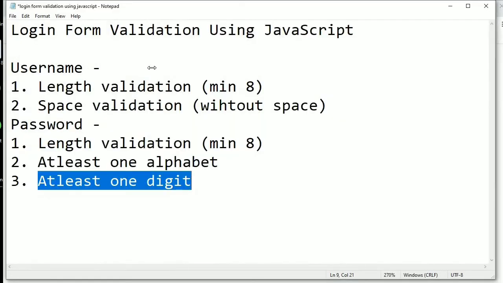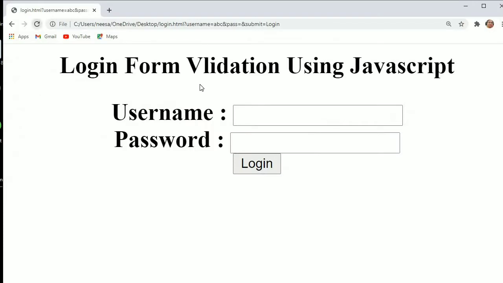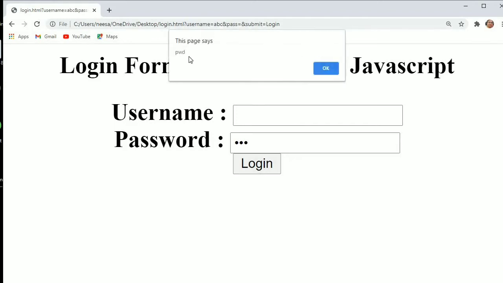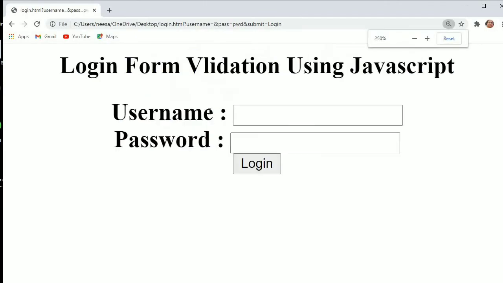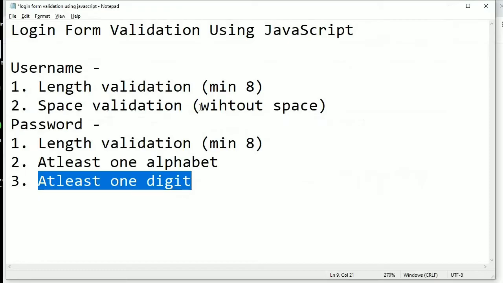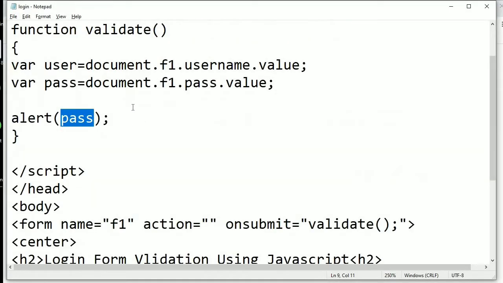Let me check once more whether this is working or not. So now let me input pwd. Okay, I entered PWD. So you can see this is PWD. That means now I'm capable of accessing both the components that is entered by the user. Now my purpose is to validate these two values. So now just to validate, let's say if